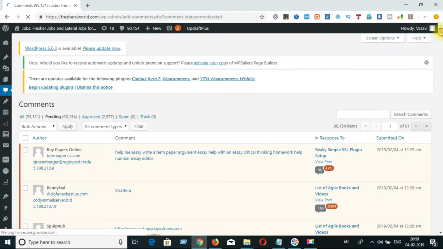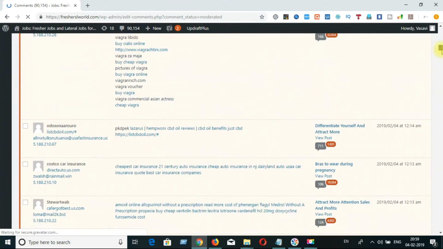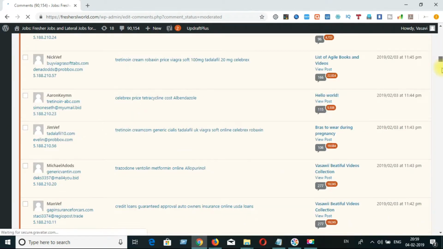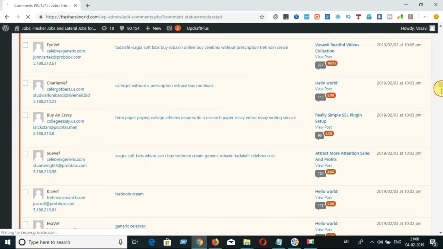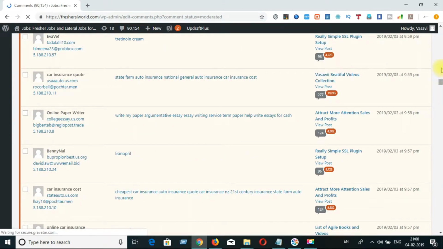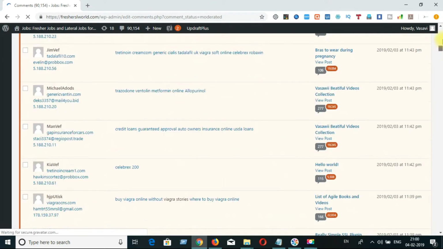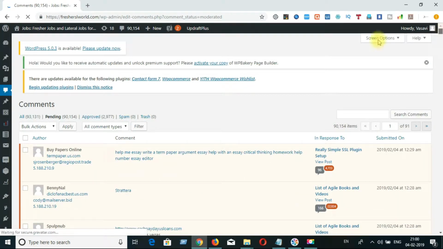So now you can see, okay, a lot of comments are there. It will display 999 comments per page. Now I am planning to approve the comments. I'm going to select the checkbox here beside the author. If I select here, it will check all the comments in that page, meaning it will select all the 999 comments.